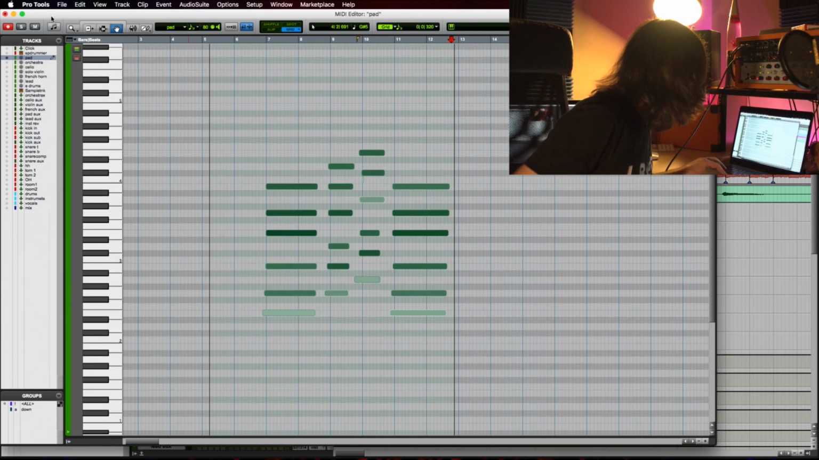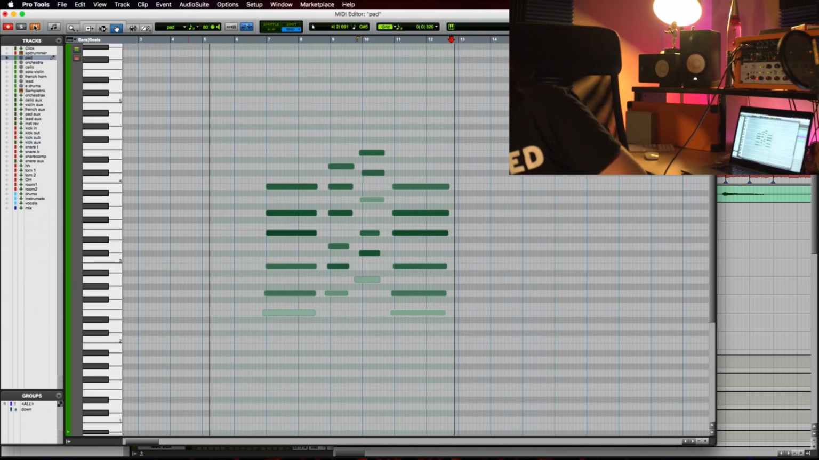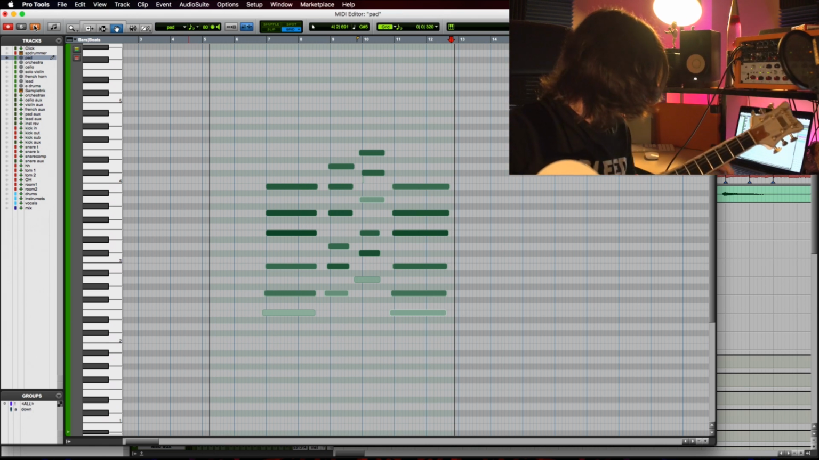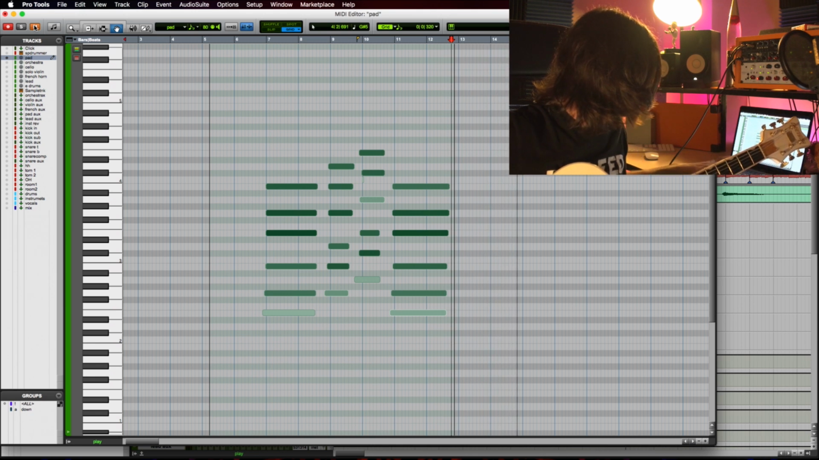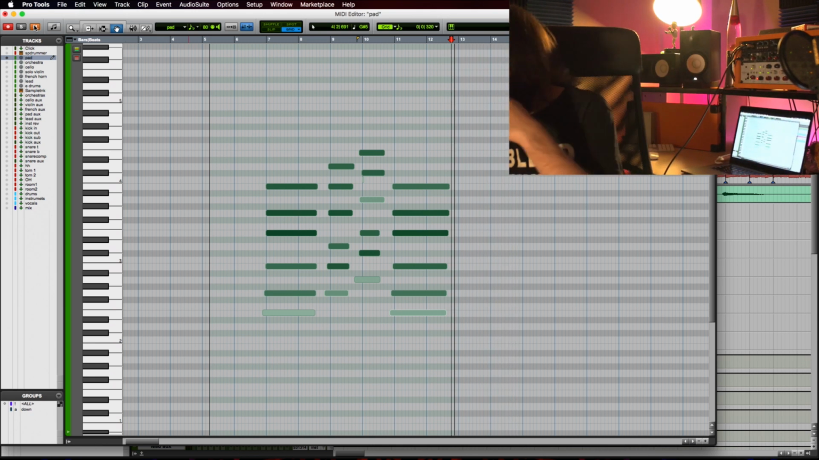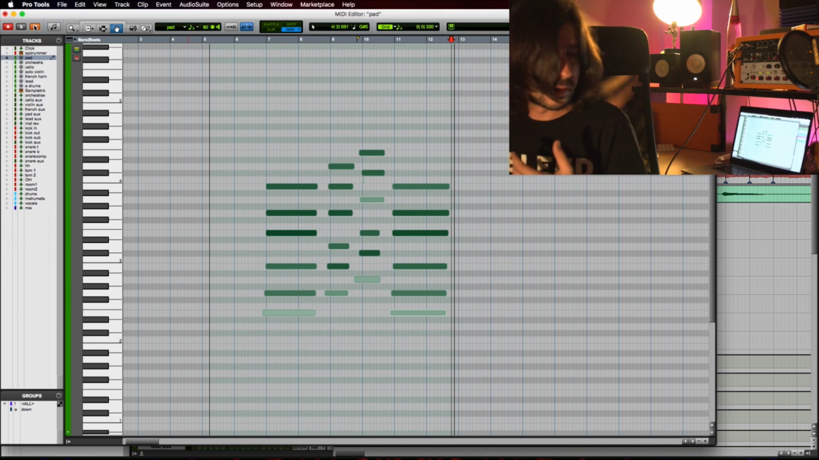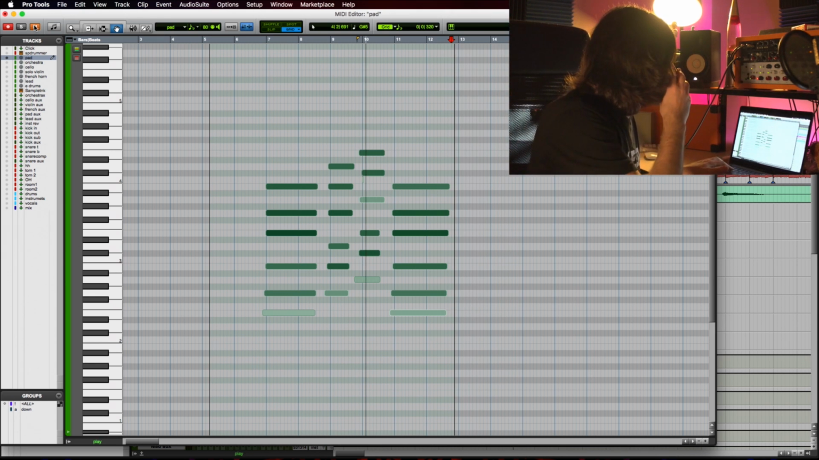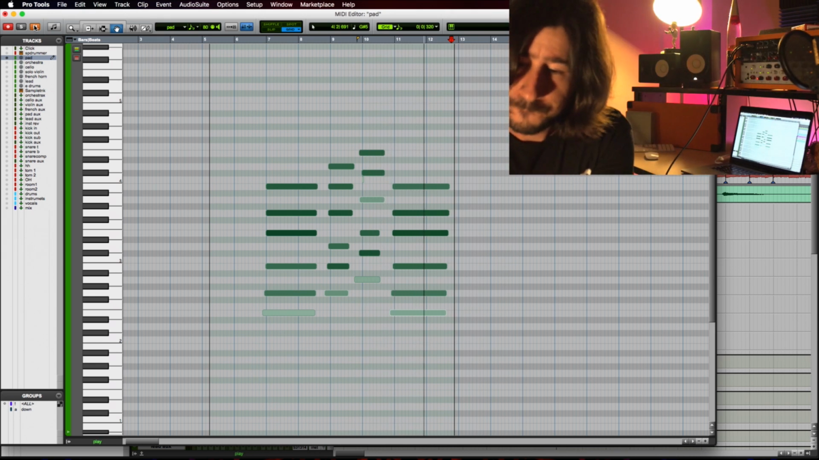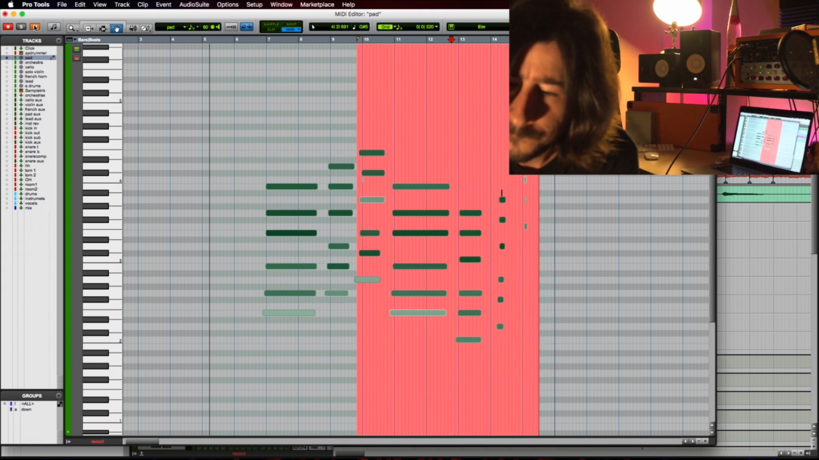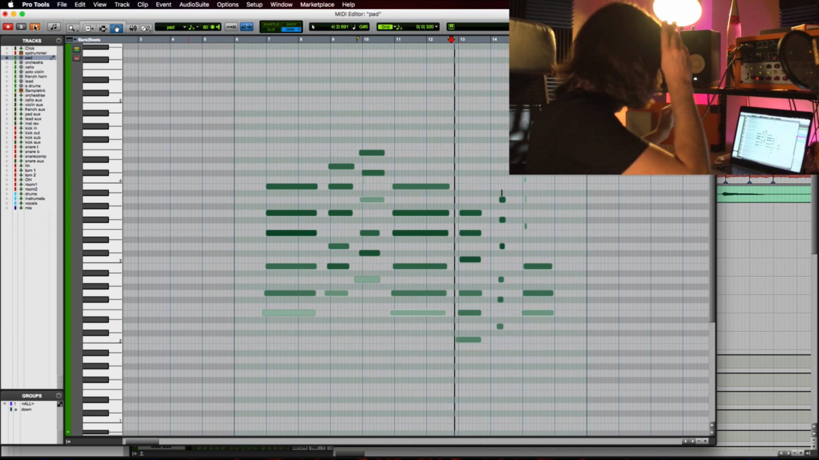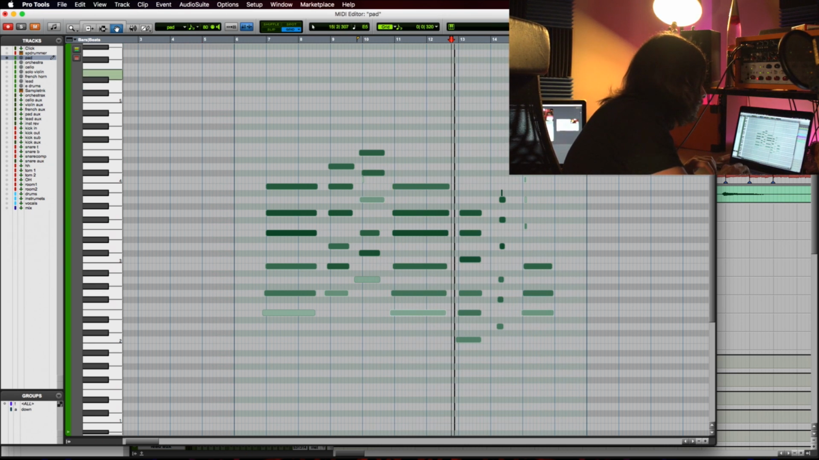I gotta figure out what I did there guitar wise. I'm not finding the chord. All right, it's much simpler than I even thought. Okay. All right. And then